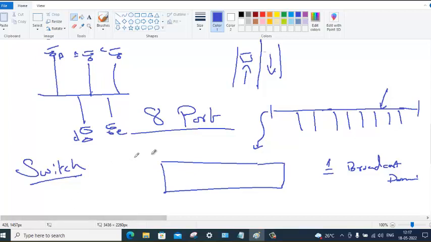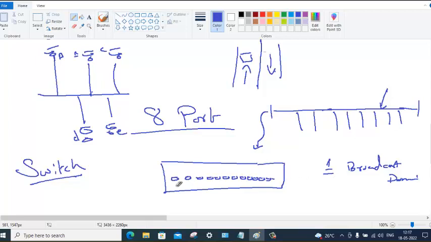Let's say we have device A connected here, device B connected here. No, I will draw inside this box. 1, 2, 3, 4, 5, 6, 7, 8, 9, 10. This is the switch. It can have more ports.